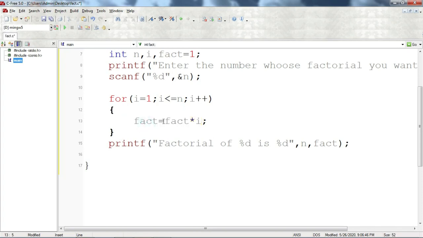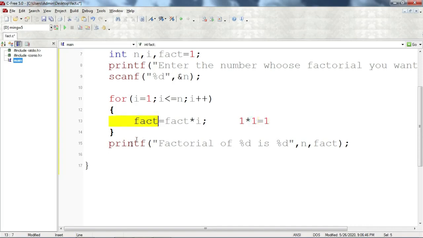Now fact is equal to fact multiplied by i. The value of fact we already declared is 1. So 1 into i, meaning 1 into 1, is equal to 1. The value 1 is stored in the variable fact.